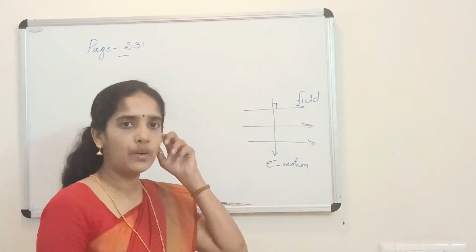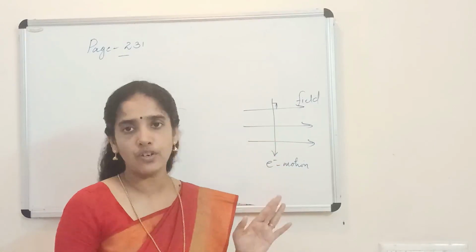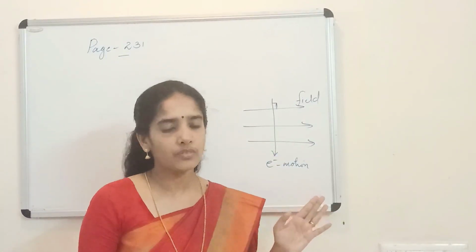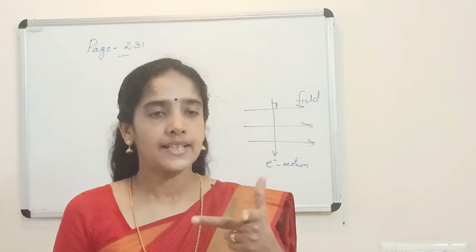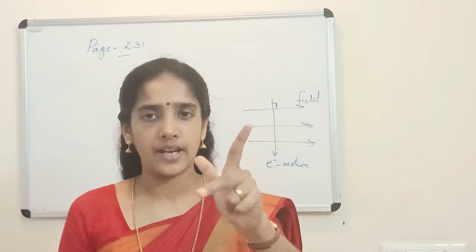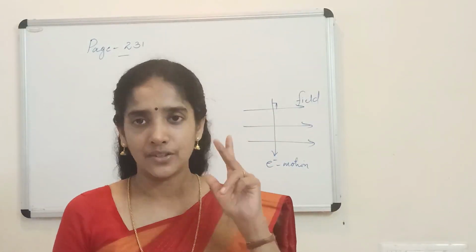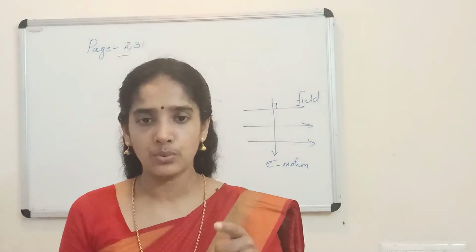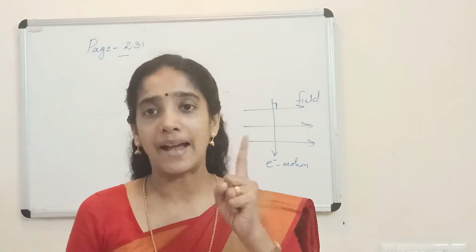So here you need to remember only one thing: the direction of current is always opposite to the direction of motion of the electron. The next thing to remember is that when you apply Fleming's left hand rule, these three fingers should be perpendicular. Once you start applying this rule in the beginning, you will find it difficult to hold the fingers. Most of the cases, if you start with the forefinger, it is very easy to balance the hand.